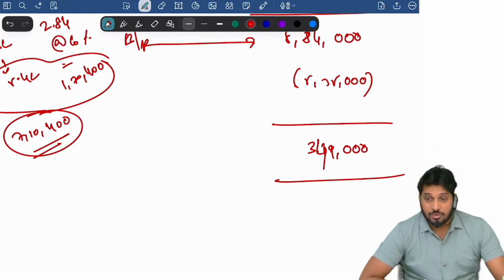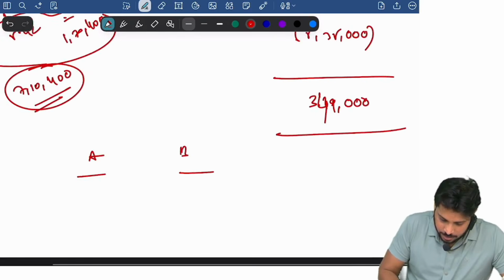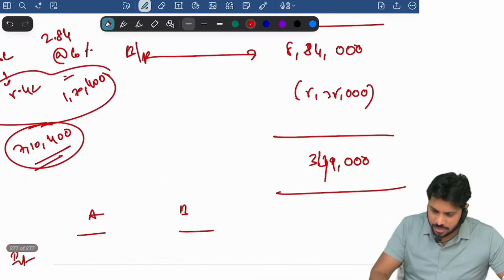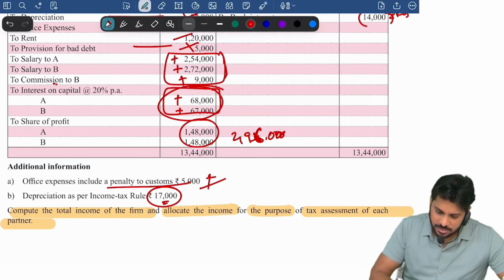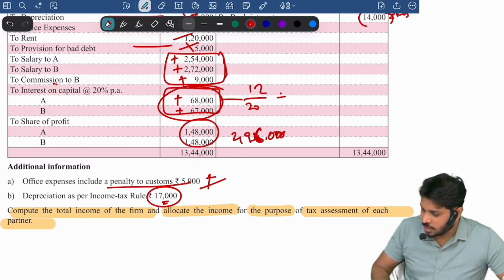Now how much amount is taxable in the hands of each partner? Now A, B, interest, how much is taxable? 12%, 12% only. Yes or no? In the hands of A, only 12 is taxable. This is equal to 20. So 12, how much? 68,000 into 12 divided by 20, in A's hands,